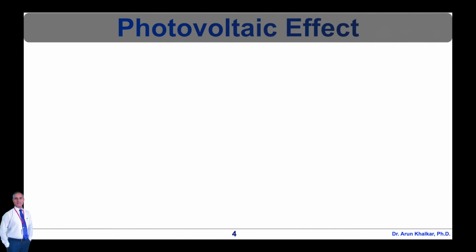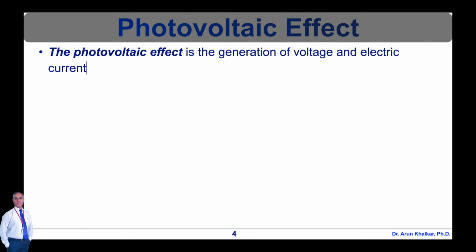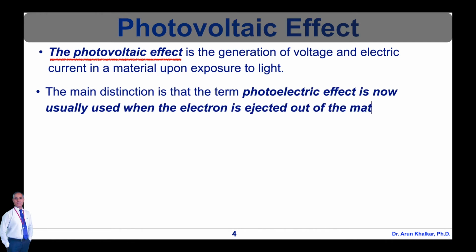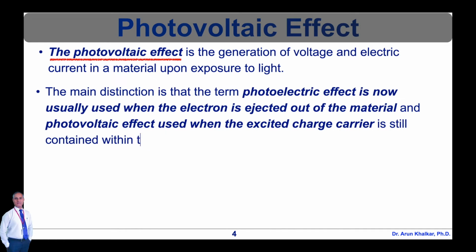Now let's see what the photovoltaic effect is. The photovoltaic effect is the generation of voltage and electric current in a material upon exposure to light. It is a physical and chemical phenomenon. In either case, light is absorbed, causing excitation of an electron or other charge carriers to a higher energy state. The main distinction is that the term photoelectric effect is now usually used when the electron is ejected out of the material, usually into a vacuum, and the photovoltaic effect is used when the excited charge carrier is still contained within